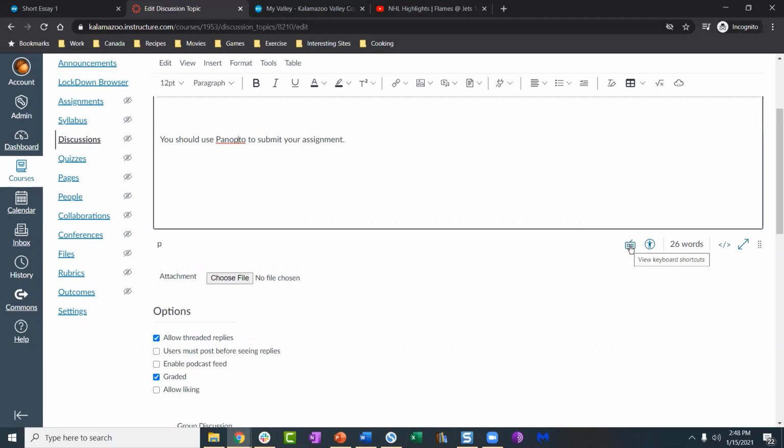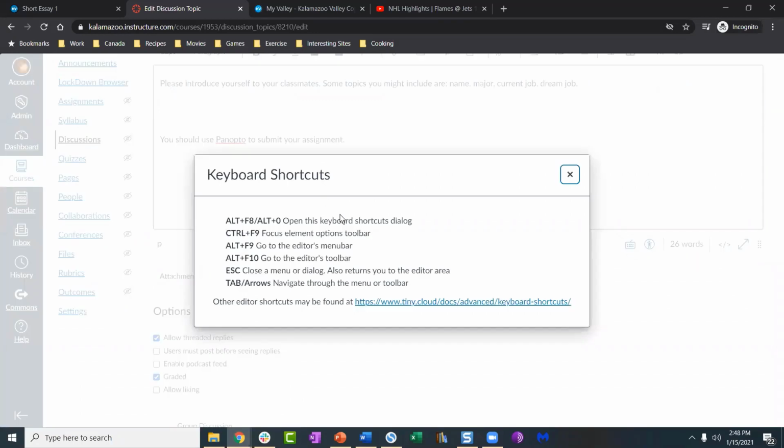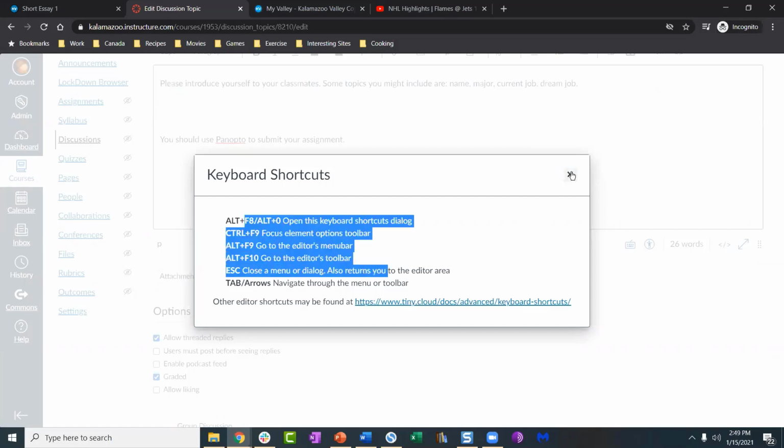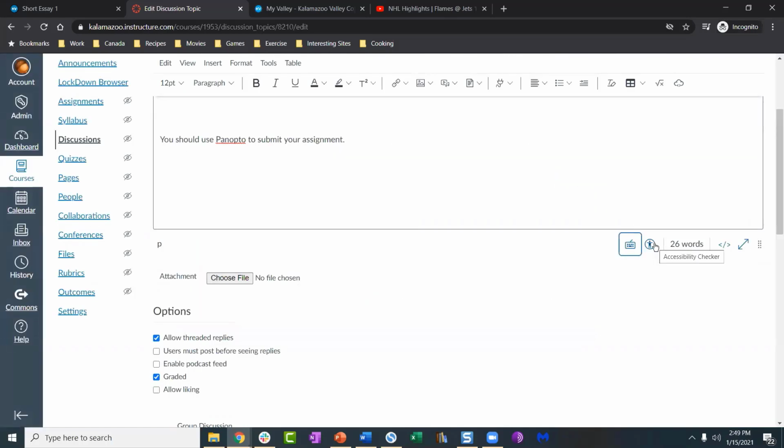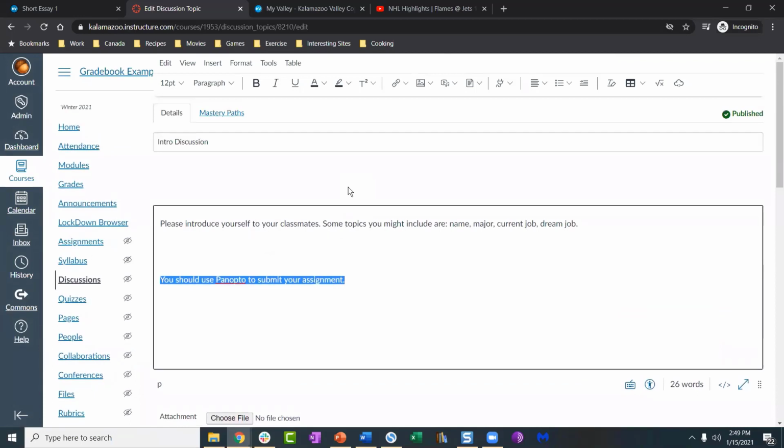And then we have a few icons down here. A couple of them I already covered. This first one kind of looks like a keyboard. It'll show you some keyboard shortcuts. Next one is the accessibility checker. So Canvas has a built-in accessibility checker, which you should use all the time. And this will